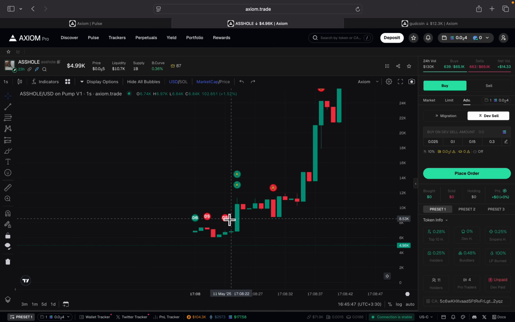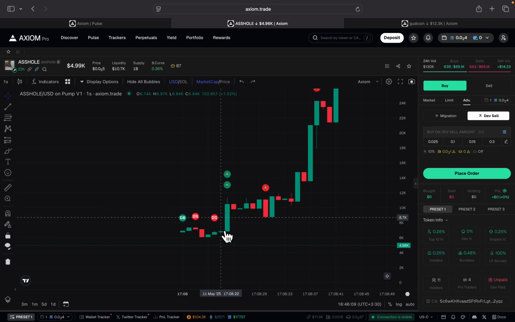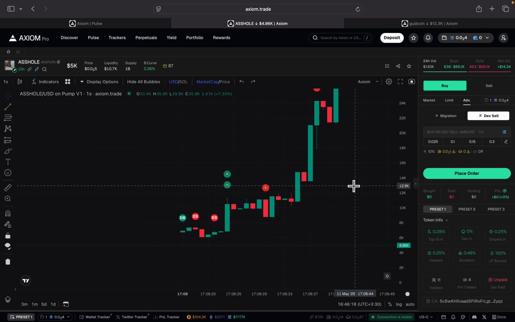they've sold the last bag at this candle, and Copsy immediately entered the token at around 7,000, and the token reached $11,000 market cap. Copsy usually sells his tokens at 11. I'm going to show you many examples like this. But if you bought the token after dev sale, you were able to take almost a 2x profit only by scalping this token. Then, Copsy sold his bag in here, and after his sale, people, since they see there are